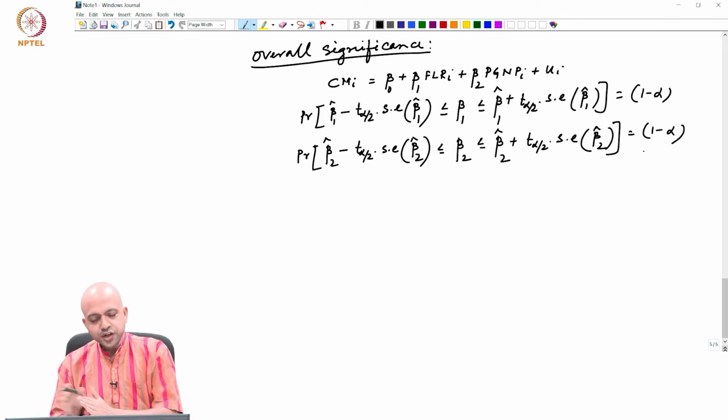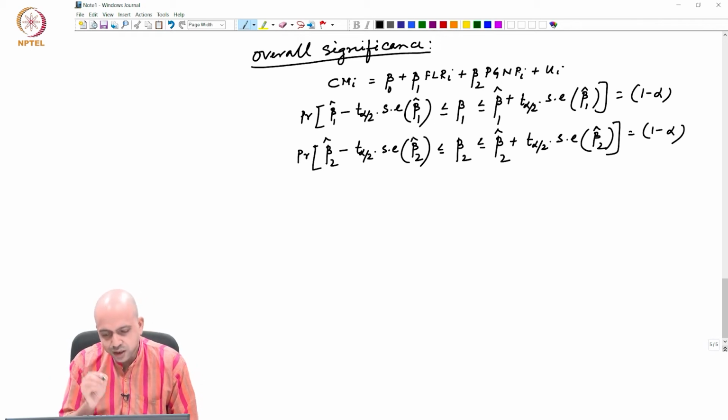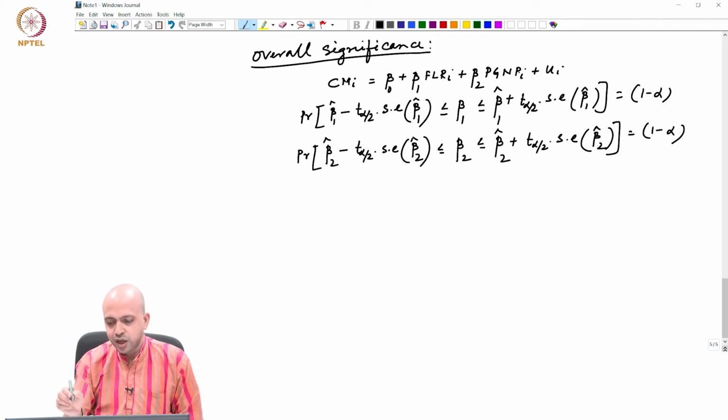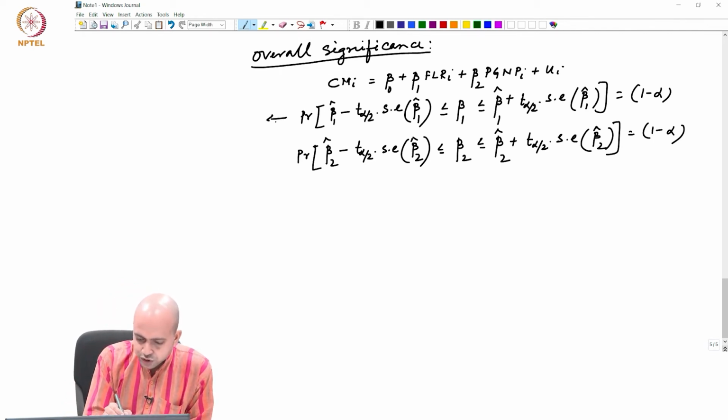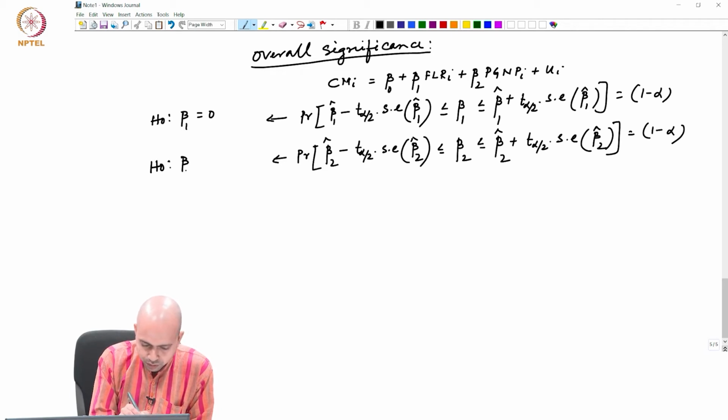So, this is the confidence interval approach, and we can also check the significance by the t statistic. You look at the calculated t statistic of FLR and PGNP and compare it with the tabulated value, and we decide whether the variable is significant or not. Now, the question is, can we decide? Here, what was our null hypothesis? Null hypothesis was beta 1 equals 0, and in this case our null hypothesis is beta 2 equals